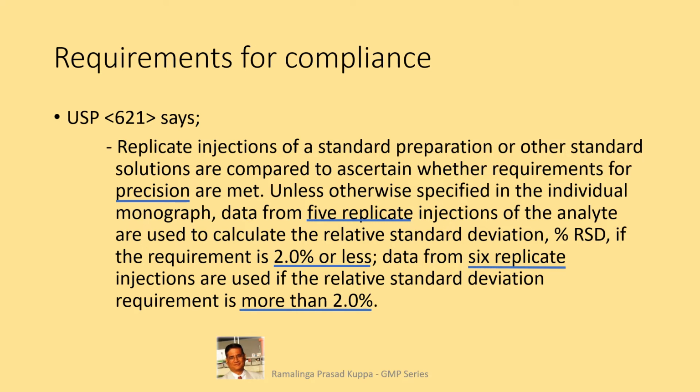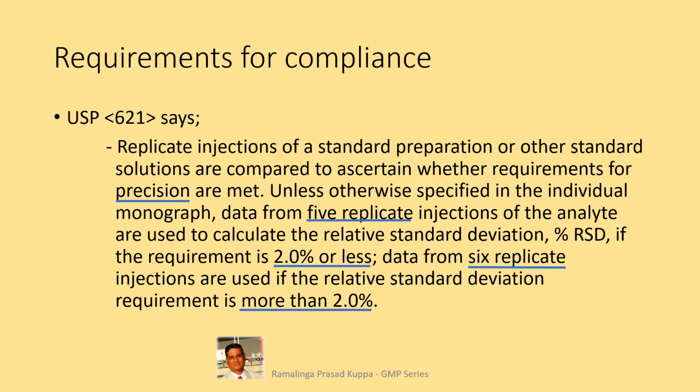There is a requirement to confirm the precision of the data by means of relative standard deviation as per chapter 621 of USP. It is very much necessary to read this chapter several times, line by line, and understand the content and intent of the requirement. Many monographs have a limit for percent RSD for precision measurement. You have to inject the prescribed number of injections and calculate the percent RSD. It should be within the specifications.